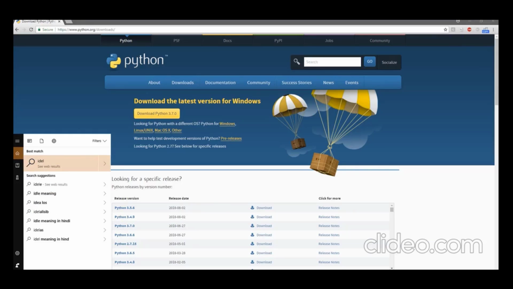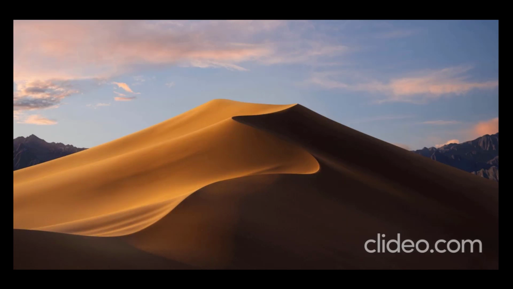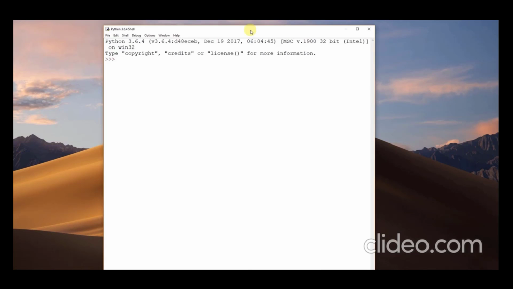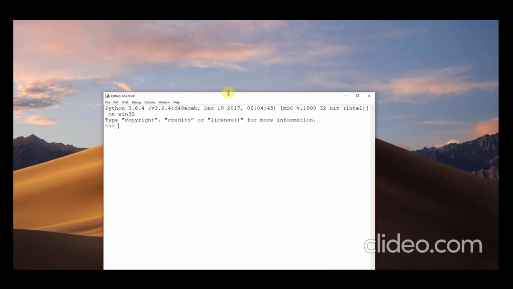When I say IDLE, you will get this particular application, the IDLE shell, which comes with the Python installation. Now once you click on this, let me minimize this window also. Once you click on IDLE, you will get this particular window. So this is also a Python shell.